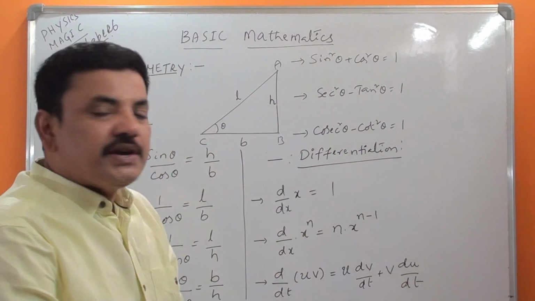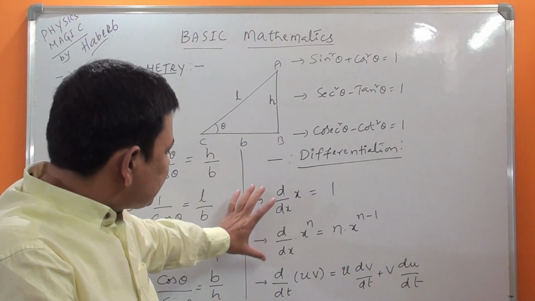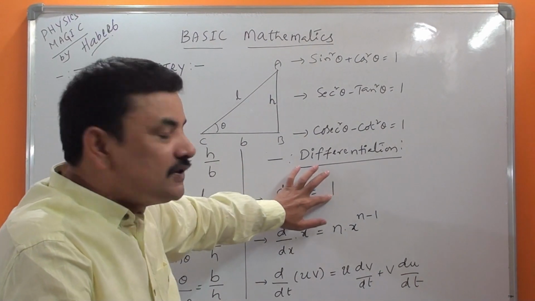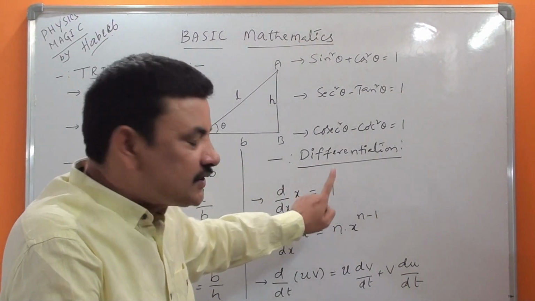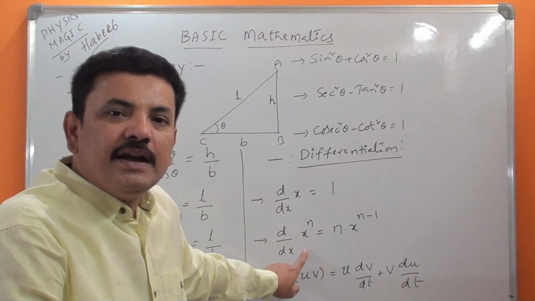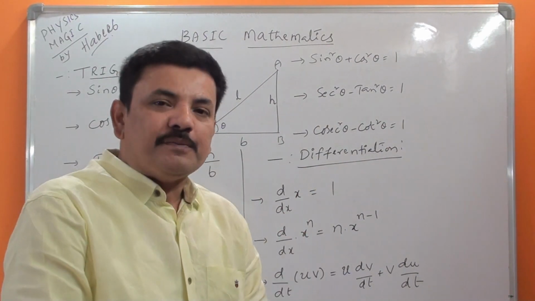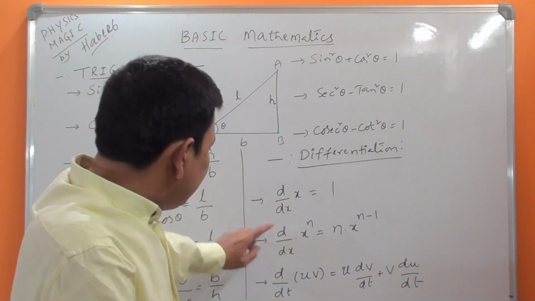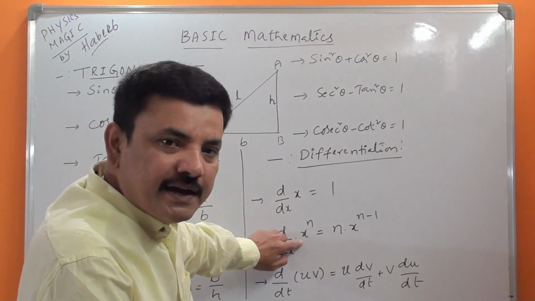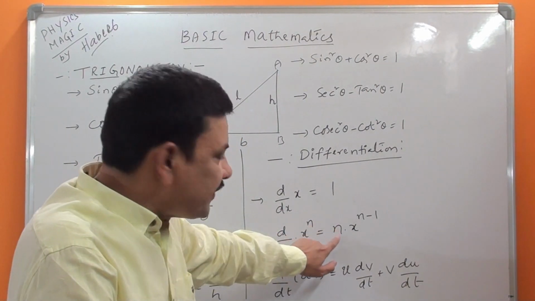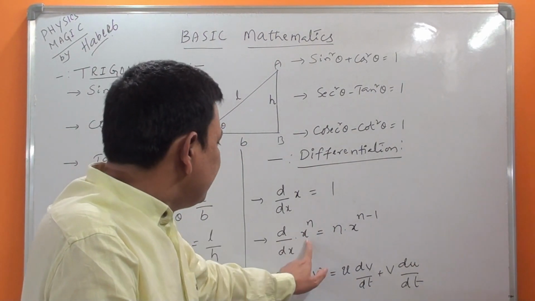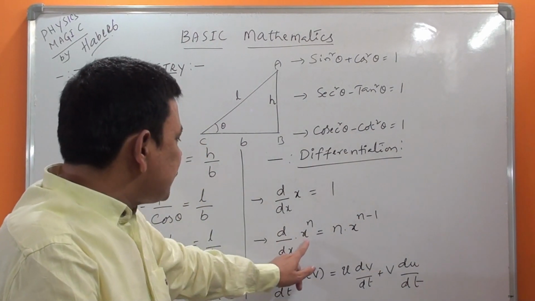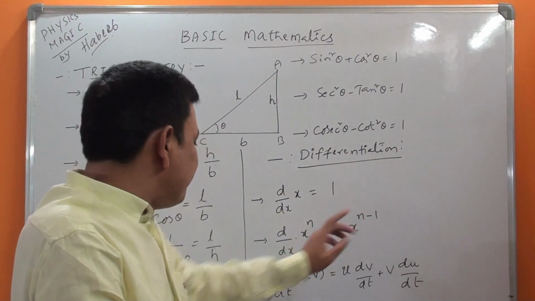Then if you go to differentiation, you know well, here first the differentiation, three important formulas again. d by dx of x is equal to 1. But how did we write this? This is the basic and general formula. If you know this, you can write any formula. Any power, if you write here, then you can find its differentiation. So d by dx of x power n is equal to the power you should write first, whatever it may be, then x to the power, whatever power minus 1. So d by dx of x power n is equal to n into x power n minus 1.